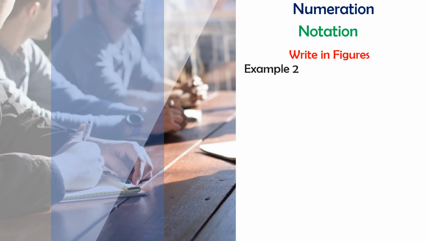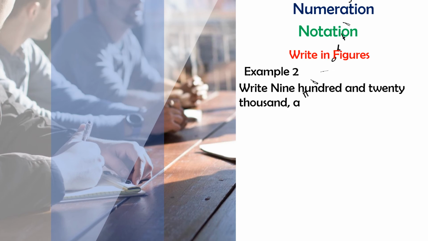Next example here in writing the figures. We have to write 920,046. You first of all write your solution. Then for you to know where your place value is going to end, as you saw, what is